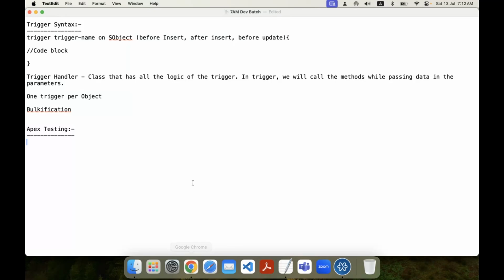So before that, let me show. What is a sandbox? A sandbox is a replica of your production environment. Replica of production. The sandbox purpose is to use it to make a copy of production